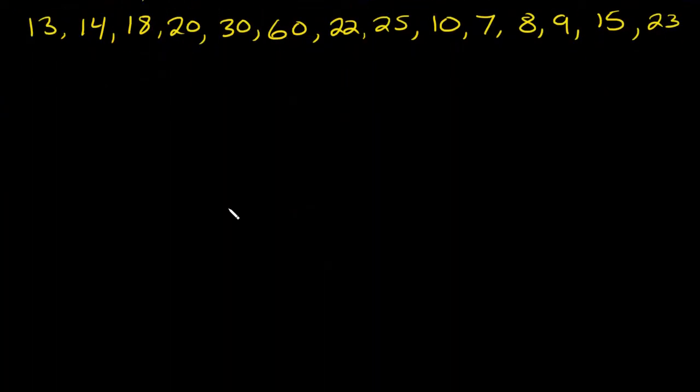So I have another data set here. This data doesn't have decimals, but we have basically 2 digits, right? So the first digit is going to be the stem, and the second digit is going to be our leaf. All right, like I said, first thing I like to do is always order my data. I feel like it really helps. So let's go ahead and do that first. Let's order it, starting with the smallest number. It looks like I have 7, then 8,